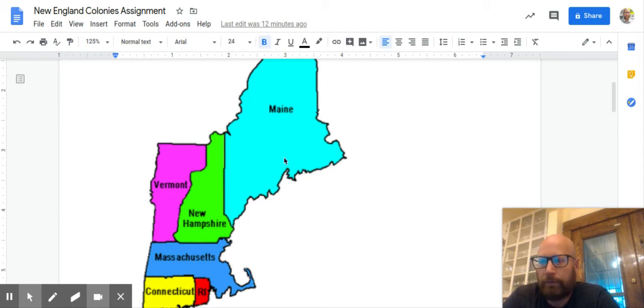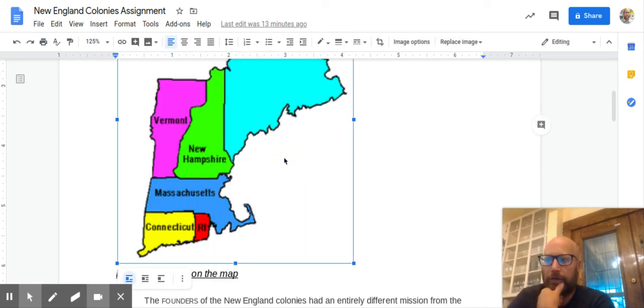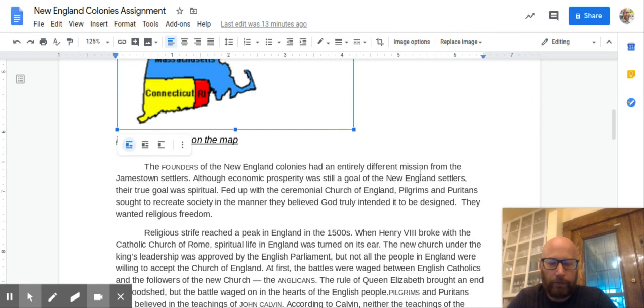And the churches were sometimes called meeting houses because that's where they would have their meetings for government. And so there was not much separation between the church and the state. And in the text, you're going to find some more details than what I went over just now. I just gave you a very super quick overview.